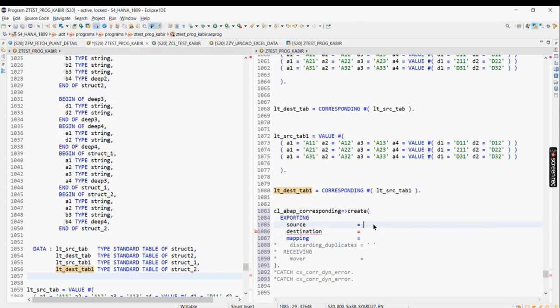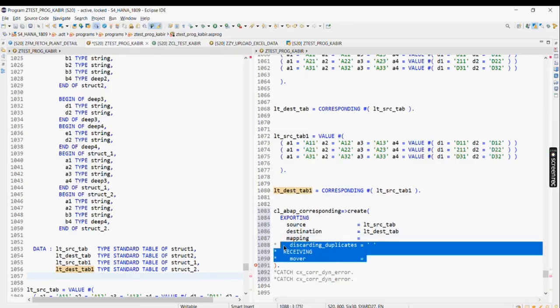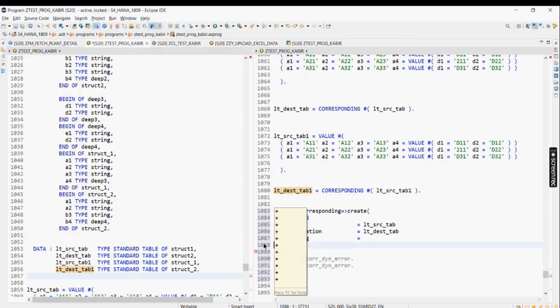Now here exporting source LT_SRC, we will take the one where there was no mapping at all, and LT_DEST_TAB. And now for this mapping, what I'm going to do is